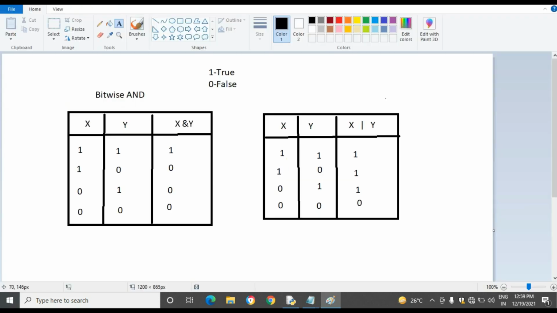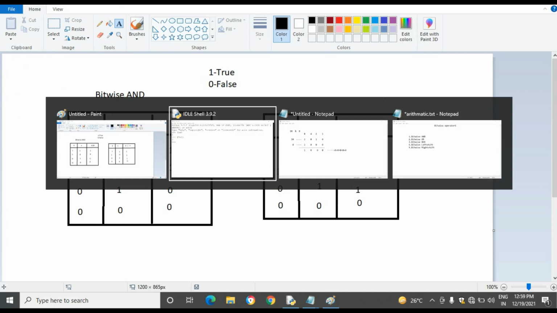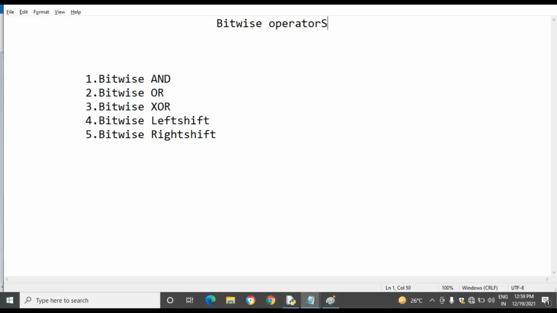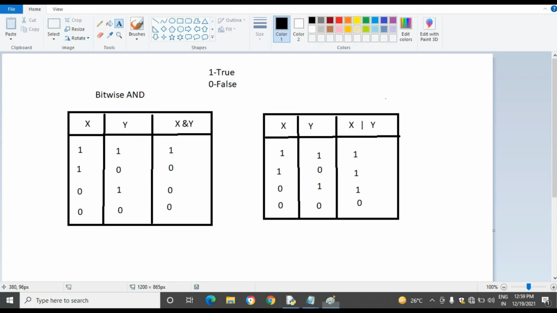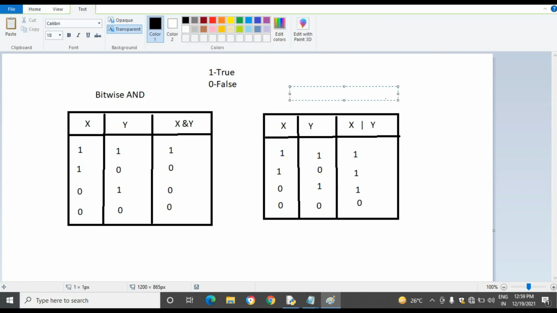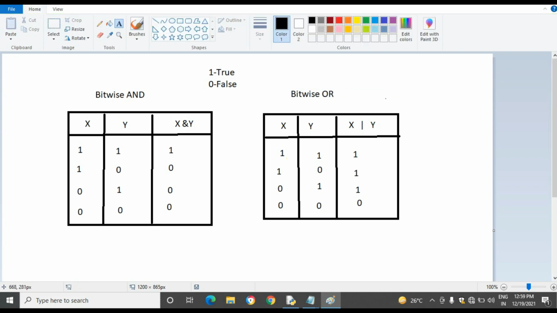Then the next one is bitwise OR. The bitwise OR operator displays the result as true if any one of the conditions is true. 1 and 1, both true, so the condition is true.